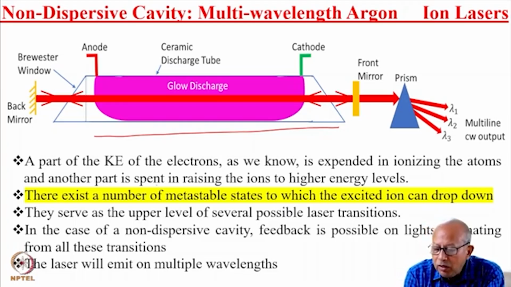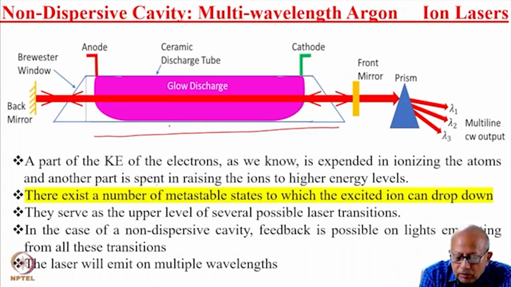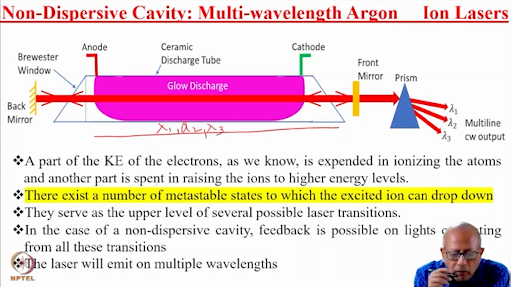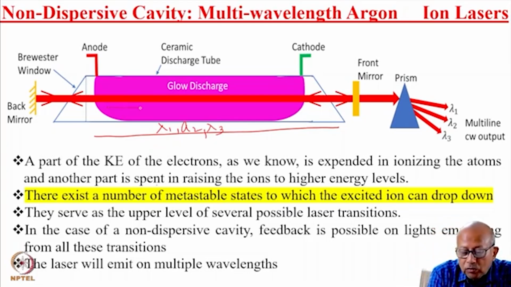So let us assume there are 3 wavelengths in which population inversion now exists. So spontaneous emission will occur on all these 3 wavelengths,